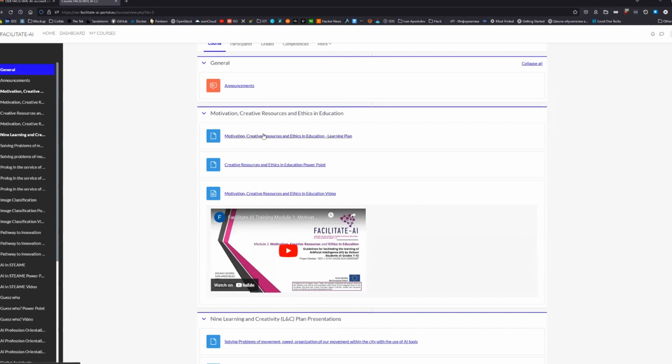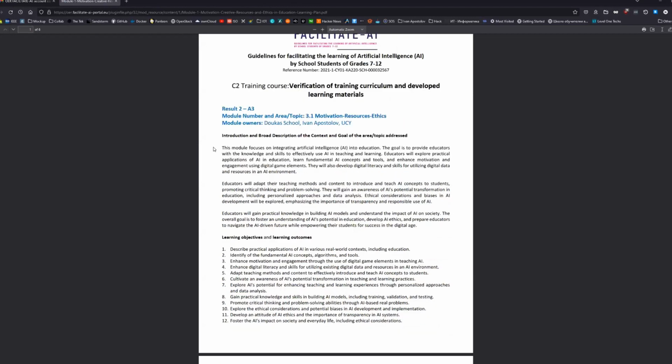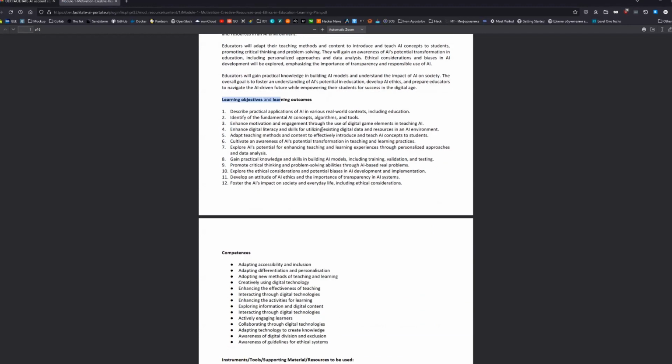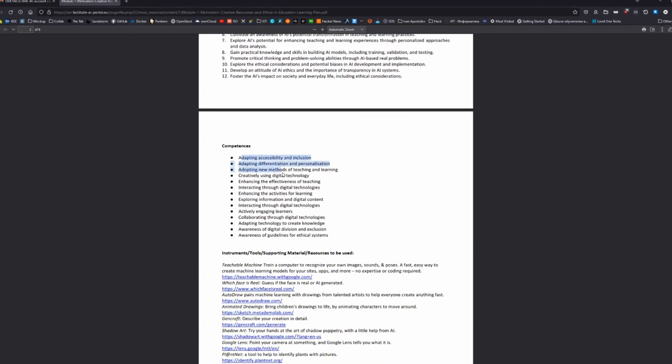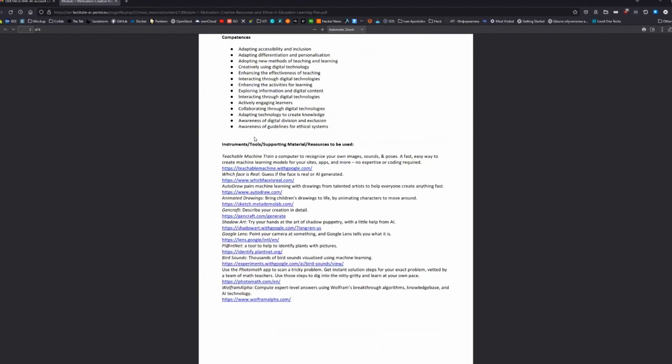We have learning plans, and the first one is motivation, creative resources, and ethics and education. We can click on the plan, we can open the plan, and we are presented with an introduction and description of the plan, some learning objectives and learning outcomes, the competences from the plan, and again some instruments.